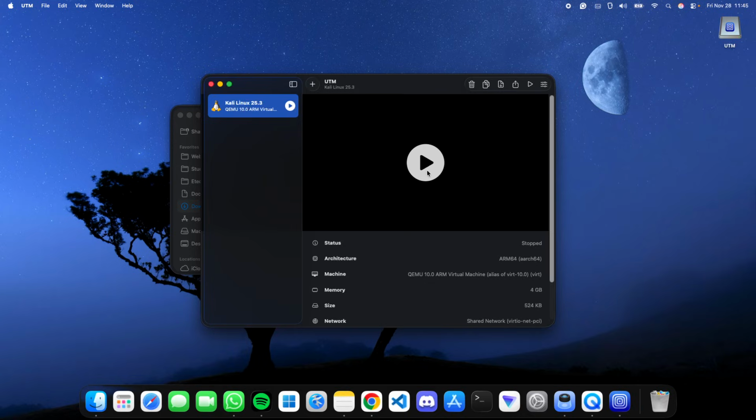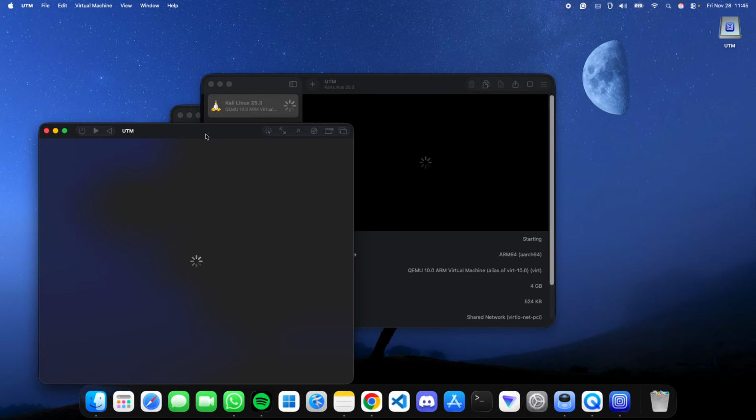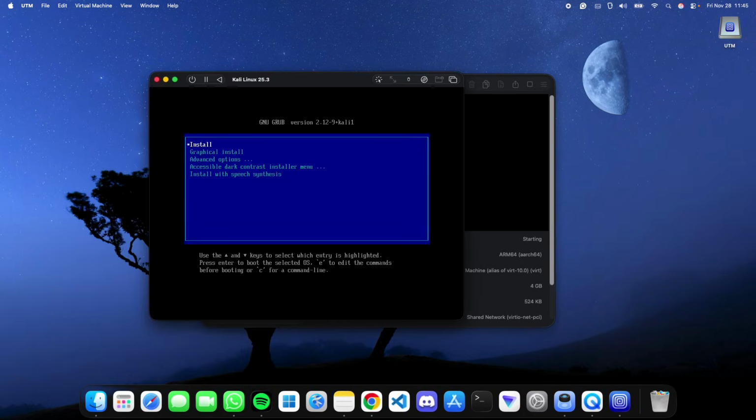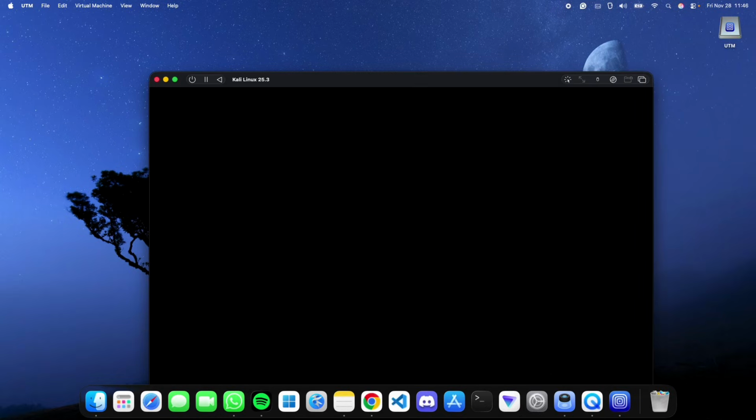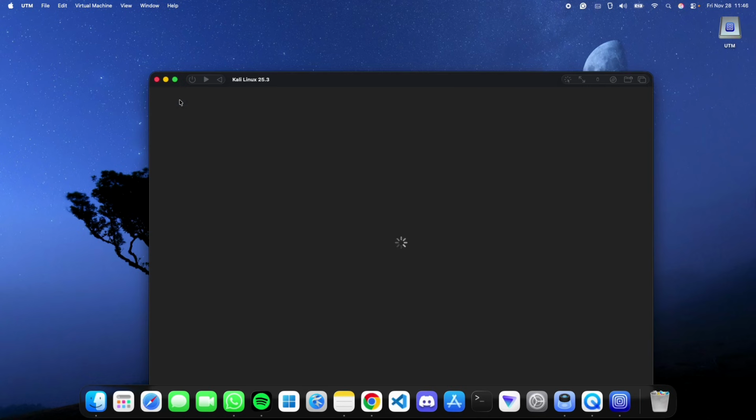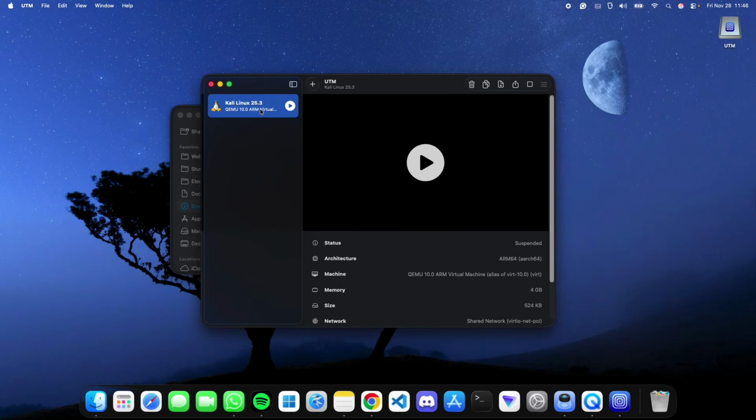Now if we run the virtual machine from here, play, it shows the installation screen where we can select graphical install, but once we hit enter it shows display output is not active and it just remains like this. So to fix this error we have to close this and then right click on your virtual machine, stop it,